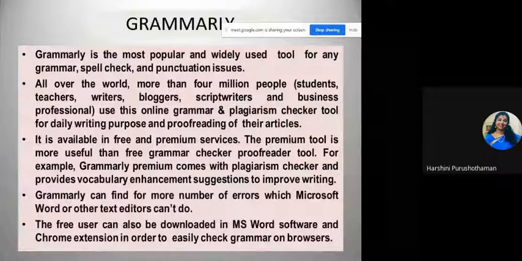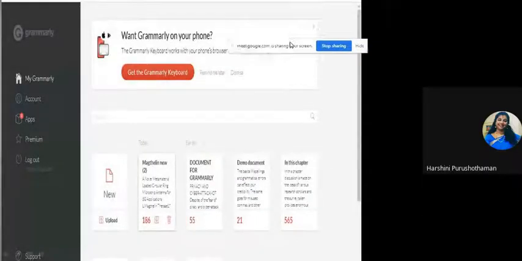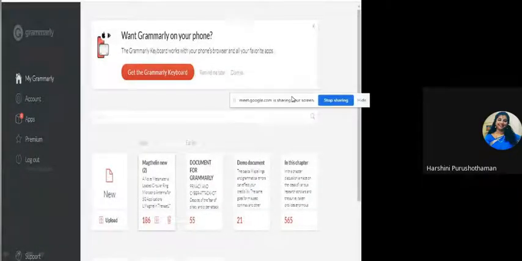errors. Then, in order to easily check grammar on browsers. See, now this is how Grammarly looks. I have got only the basic version. I have not gone for the premium version, so the basic version looks like this. What you'll have to do is upload the document here, whatever document you have, a research report or thesis or whatever.